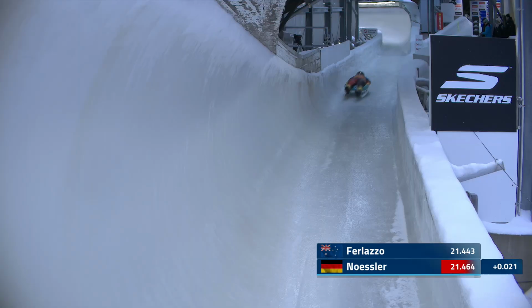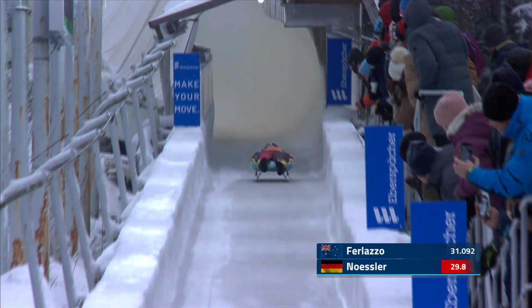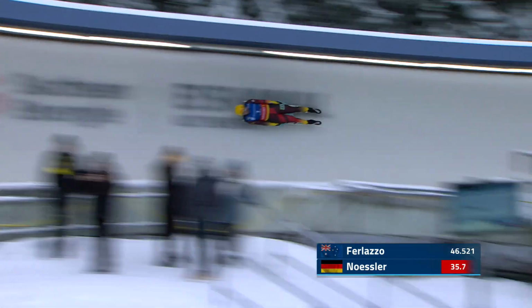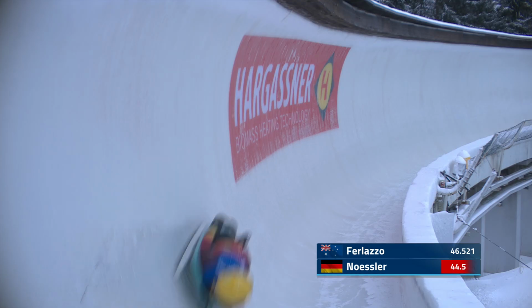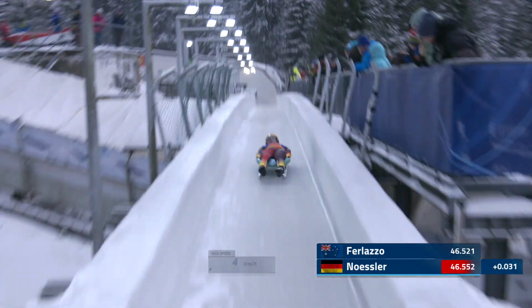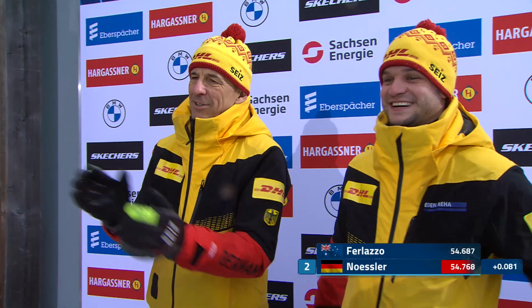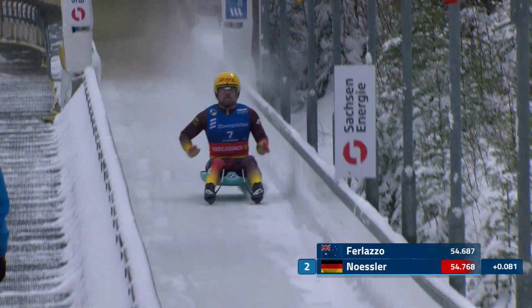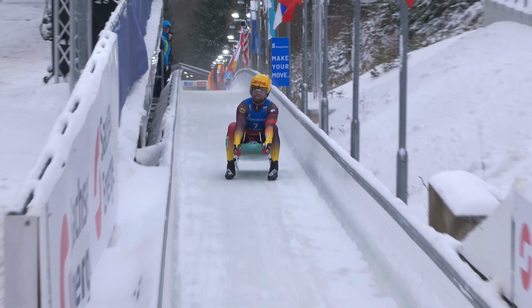Putting together a clean run here so far. I know the Germans spent time here over the Christmas break, so he'll have had a lot of runs down this track in the last month. Really nice exit there of curve 9. Into the green, he's looking really clean here. Nice form on that sled. Back into the red. Let's see how he's trending here. 300ths back. It just shows how much speed Alex was able to get in that bottom section. Keeping it close, a second place right now for David Nuschler, but as projected, Alex Ferlazzo has hung in first